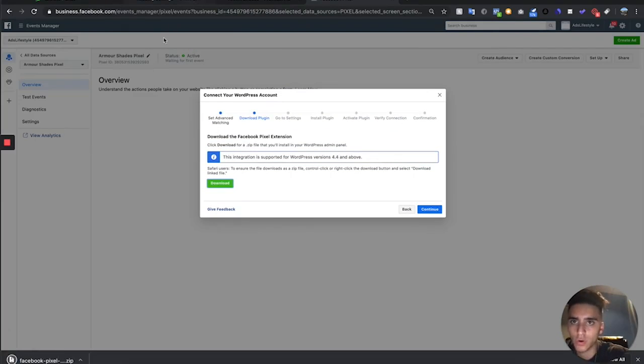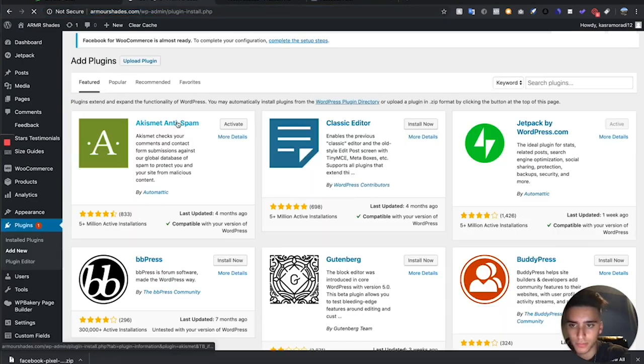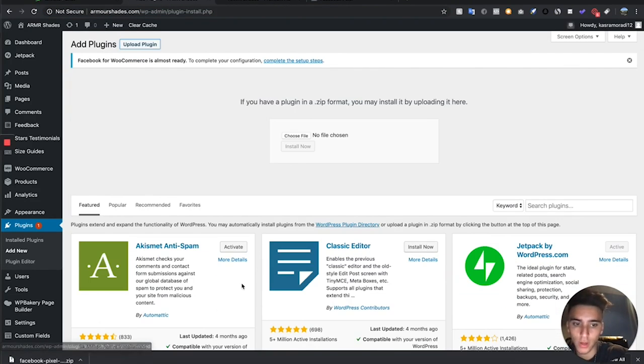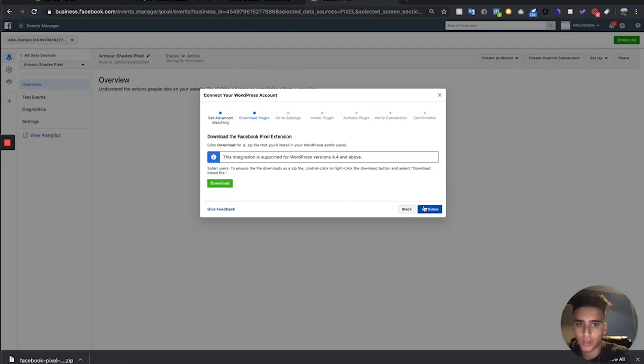And we're going to go back to WordPress, go to plugins, add new. And we're going to go to upload that plugin. Then we're going to drag it right there, hit install, and we're going to activate that. So we upload that plugin, we're going to go hit continue,